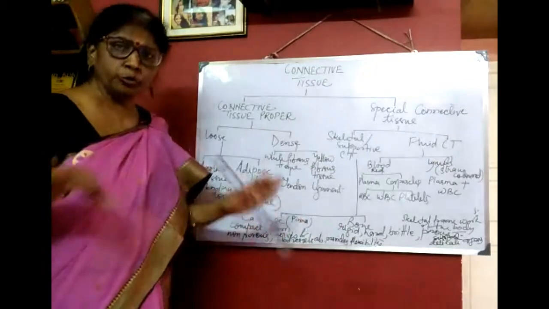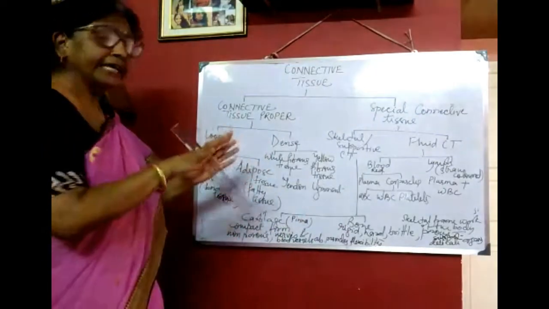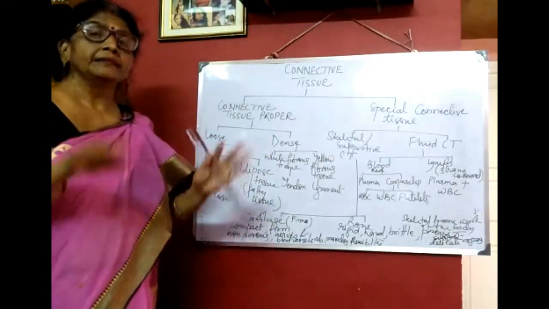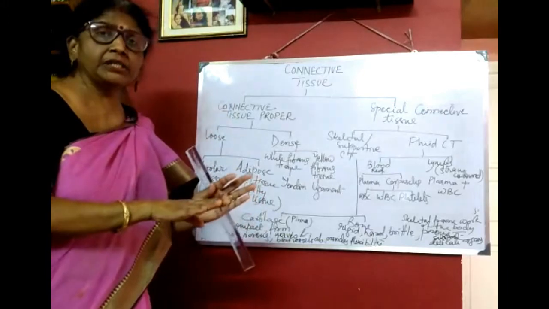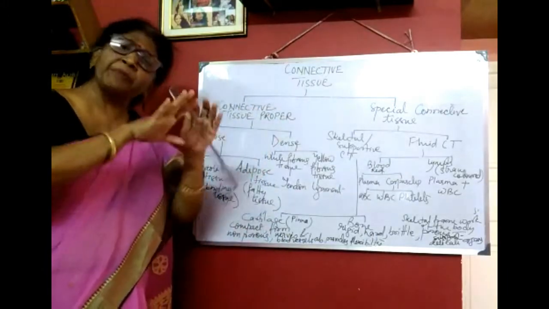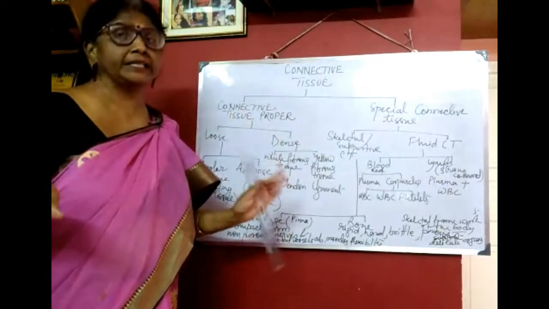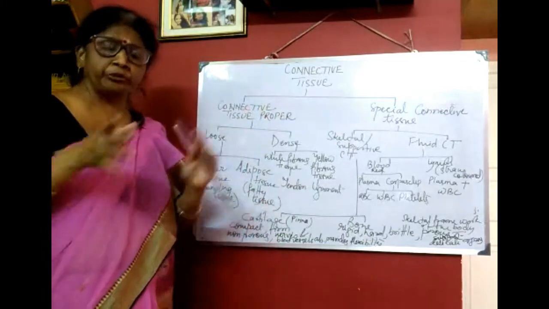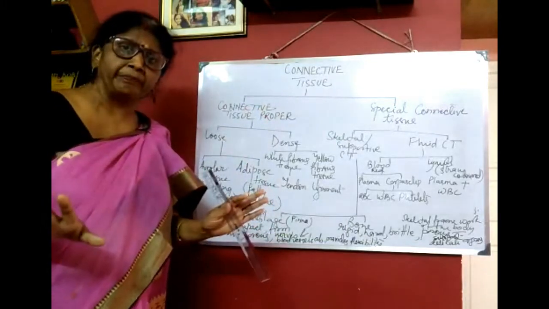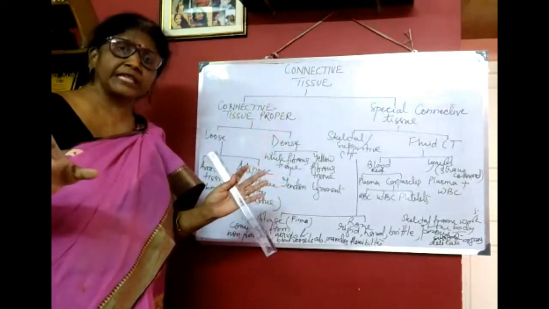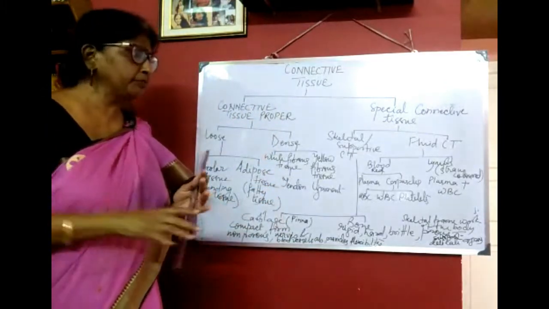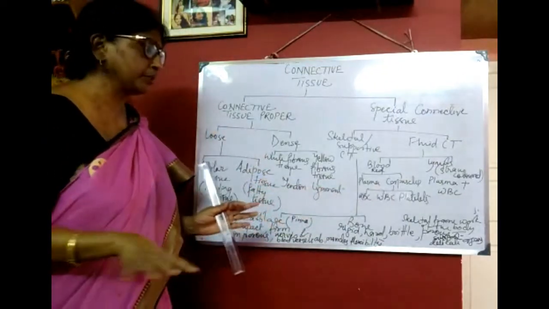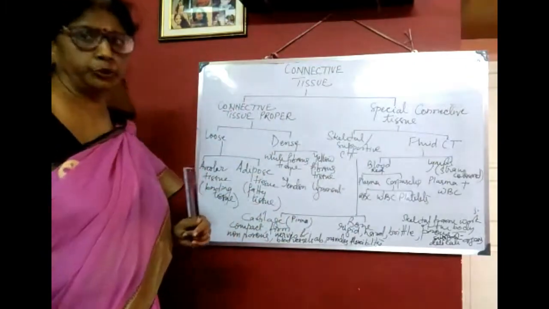WBC also contains two types: granulocytes, which include neutrophil, basophil, eosinophil, and under agranulocytes there are lymphocyte and monocyte. Main function, neutrophil helps in phagocytosis. Main function is always fighting against disease germs, either through engulfing or by producing antibodies, producing heparin, histamine, serotonin, whatever may be. Monocytes' main function is phagocytosis, lymphocytes' main function is antibody production. So whatever may be, WBC is always helping to fight against disease germs. So this is what we have in connective tissue.